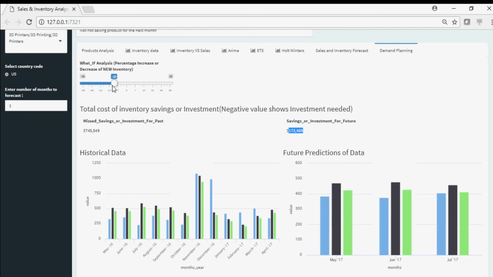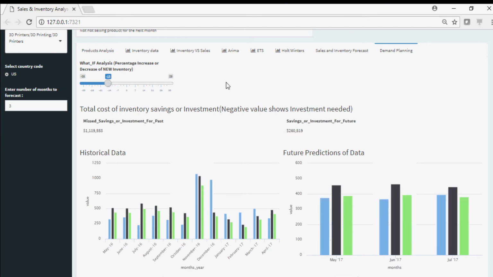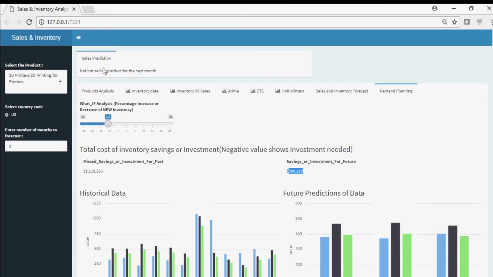Let's decrease it by 15%. Decreasing the inventory by 15%, I'm still going to meet my sales demand. So I'm not going to lose on sales. However, I could end up saving $260,000, which is a good savings, and again, this is not a hard selling product for the next month. Now let's look for another product here,